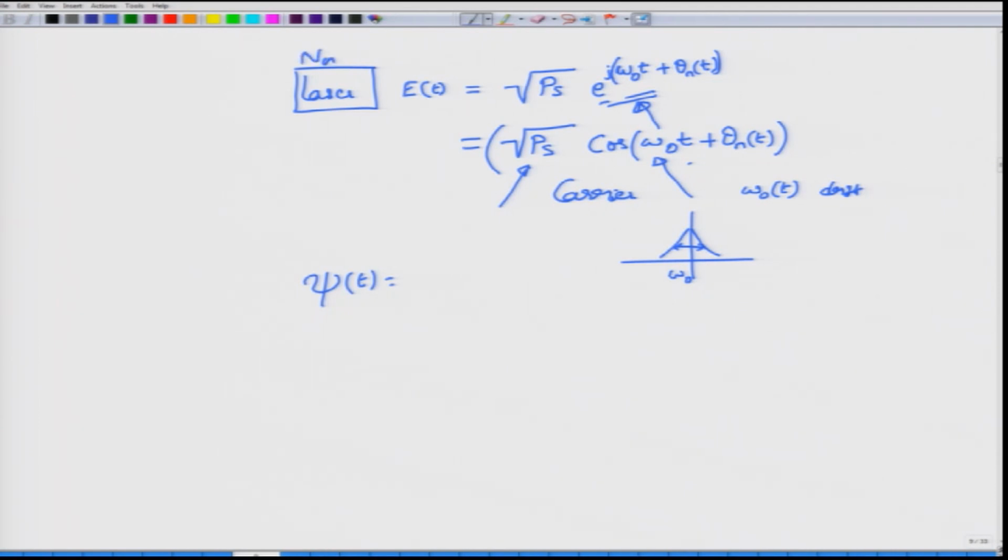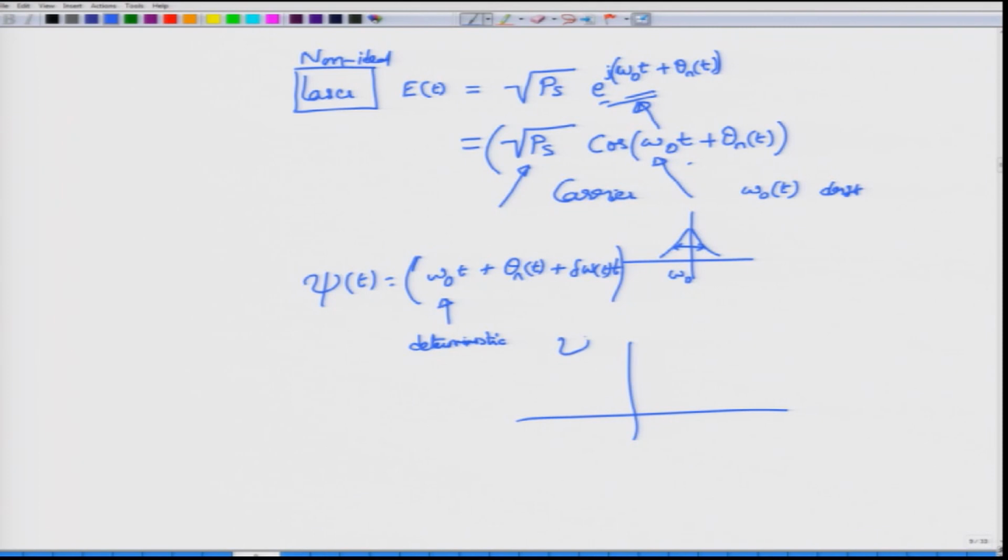So, this was a non-ideal laser or non-ideal oscillator. The phase will be the linear phase that comes because of the central frequency, plus theta n of t, which is the phase noise, plus delta omega of t times t. Of course, I could have combined omega 0 and t and delta omega of t into t, but that anyway is okay, we can put them separately out. So, this of course is the deterministic linear phase that you are going to get. If the laser were to be ideal, then the other two terms would not exist.